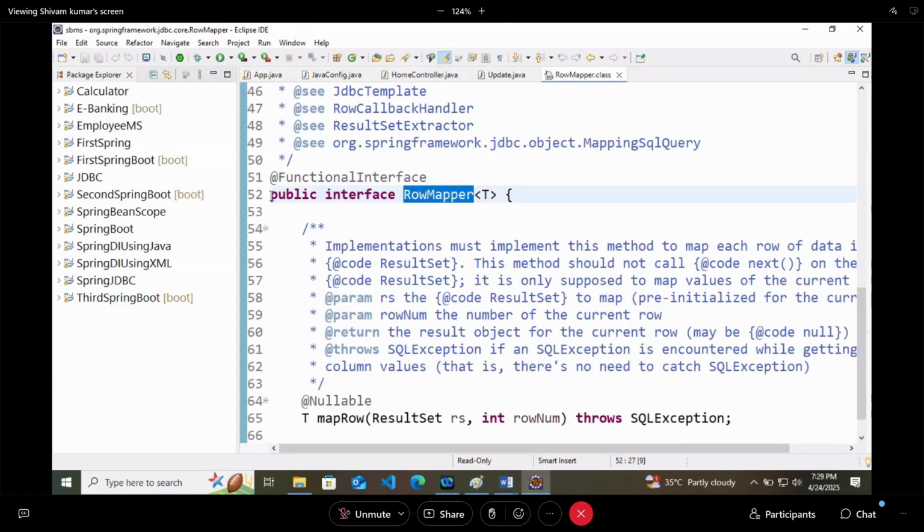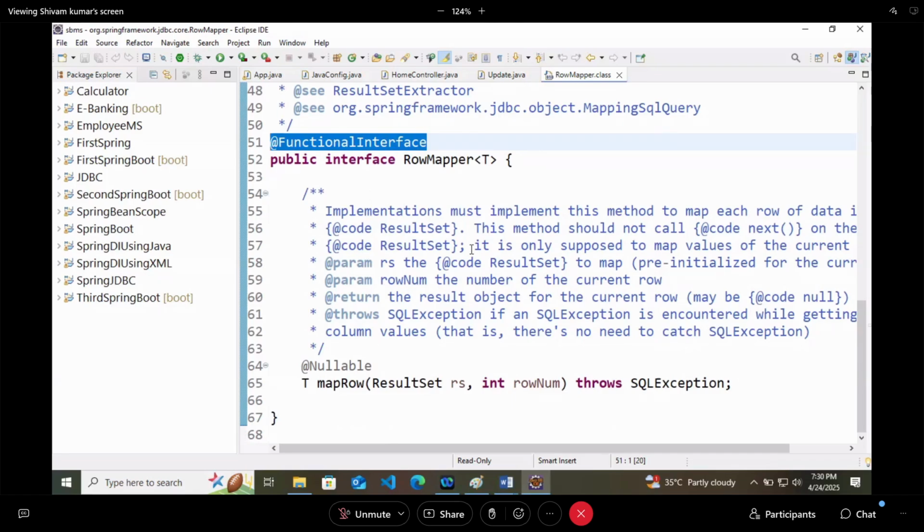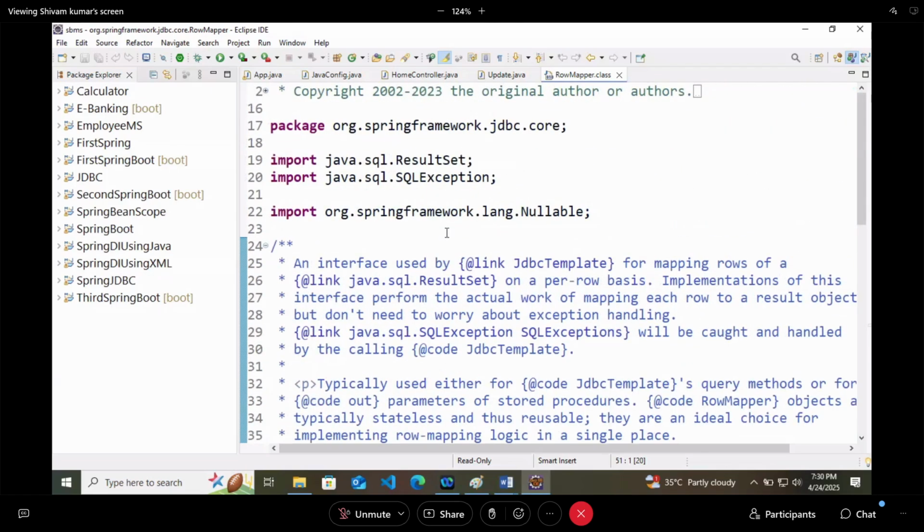It is a public interface row mapper, and it is a functional interface. It is written as an annotation as well. It has only one method.